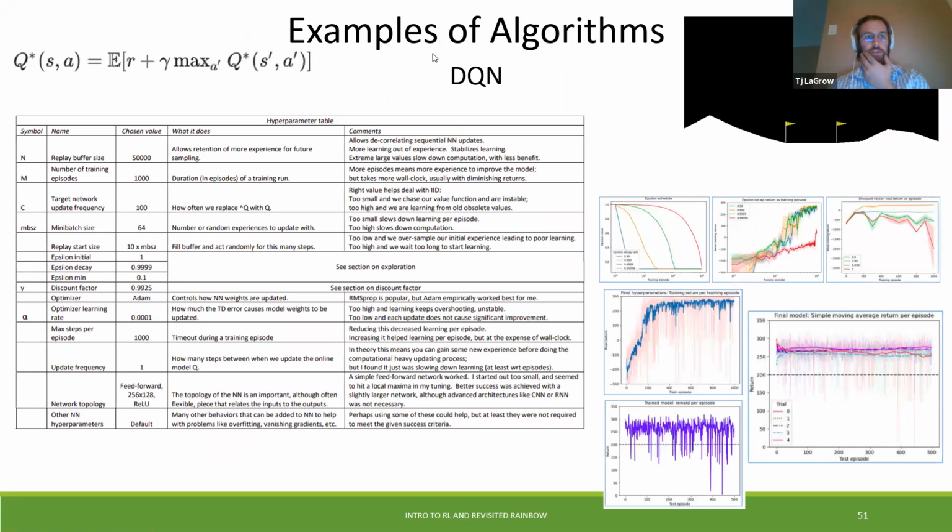Just a quick example of what DQN is actually doing in Lunar Lander: here we have the parameters to the left. This is the typical homework that you would do in a reinforcement learning class, where you take your function and try to estimate the different parameters over a course. I have all these comments here, but the biggest one you should really think about is the discount factor, or gamma here, and it really controls how you explore over time.